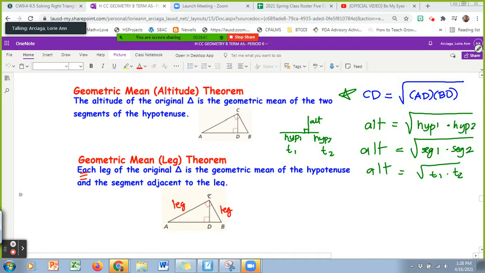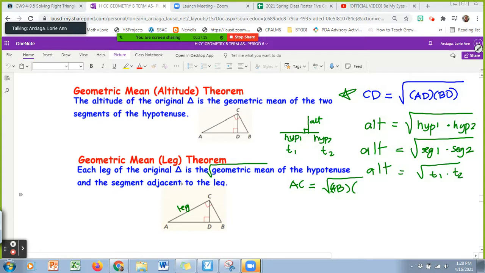What does that mean? Okay, so let's break it down. Break it down, yo. Alright, one leg at a time. Here we go. Let's do this leg over here. So leg AC is equal to the geometric mean again. So if you see geometric mean, square root. Of what? Of the hypotenuse. What is the hypotenuse? Since this is your right angle, your hypotenuse is AB. Okay? Of AB times